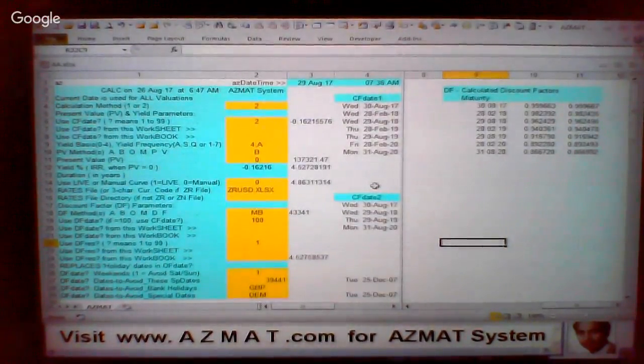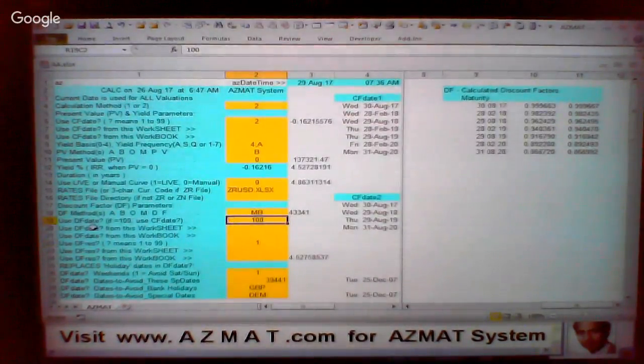These results are directly dependent upon the parameters you provide. If the user enters a 0 in the use DF date cell, for example here, use DF date. If it's 100, it means use CF date. But if it's 0, instead of 100,